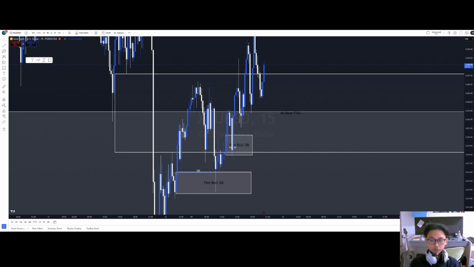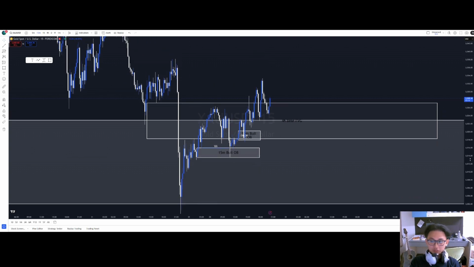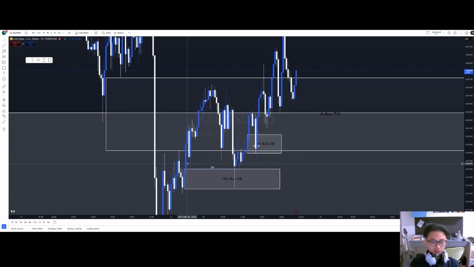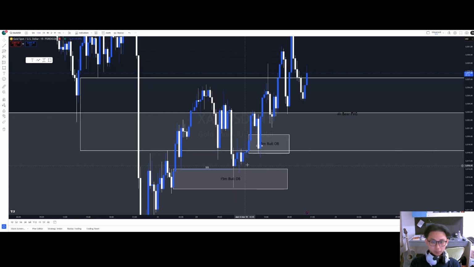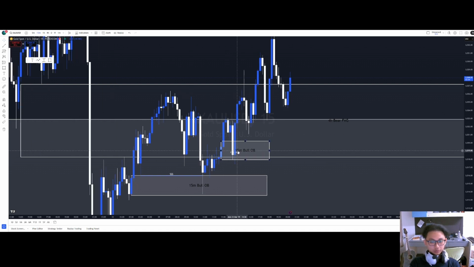Alright, let's take a look at how we could have entered this bullish trade. So as price reacts off this, right, we will have to wait for the forward bearish parallel gap to be mitigated, right, which it did. Then come down to sweep some sell side inside of this 15-minute bullish order block, right? And we wouldn't expect its bullish parallel gap to hold because it has already been mitigated. So as it comes down, right, you'll head upward to mitigate this 15-minute bearish parallel gap, right? So as it hits up and mitigates it, it comes down, we will be looking for